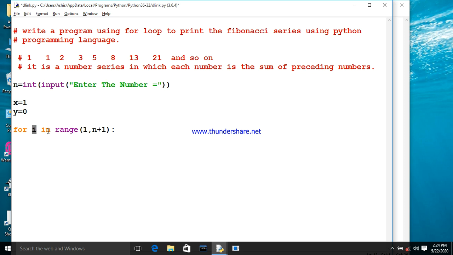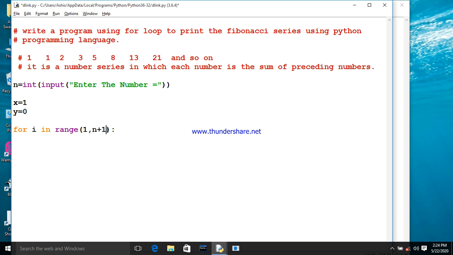So for i in range 1, the value of i becomes 1 and it proceeds up to n. Suppose you enter the value of n as 5. You might think it proceeds up to 6, but no, it proceeds up to 5.